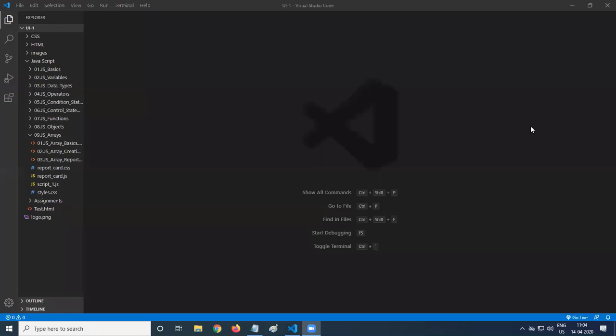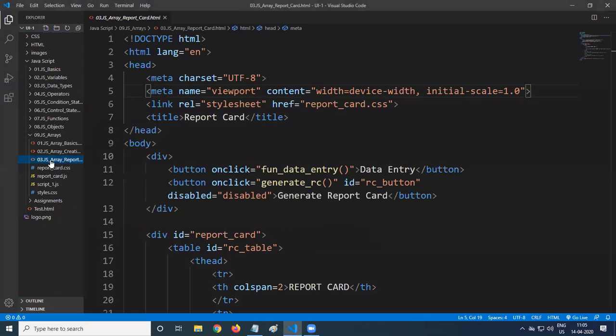So in this session, we are going to talk about some of the methods of arrays. Every array has a property called length. Length is a property used for getting the size of an array. How many elements are there? How many locations are there? That is what we get with it.